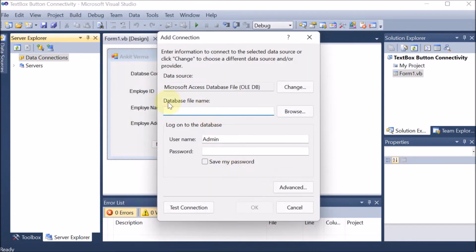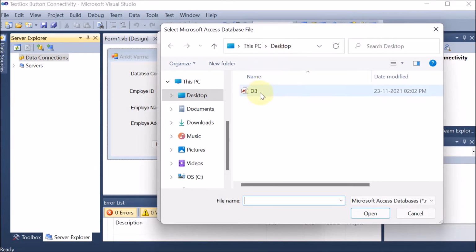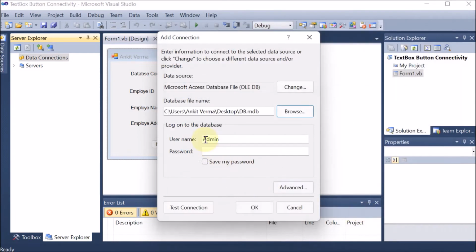Click OK. Afterward, database file name. So click on browse. Now you can see that on the desktop we have created DB. So click on that. Then afterward, open. The file which we have taken, which we have earlier saved of database, you have to go on the same path. Click on that and click on open. Afterward, you can see that there is a path available of your database. So here, if you are having some username and password in your database, then provide that. If you don't have, then leave it blank. While creating database, we have not provided any user ID and password, so we will leave it blank.